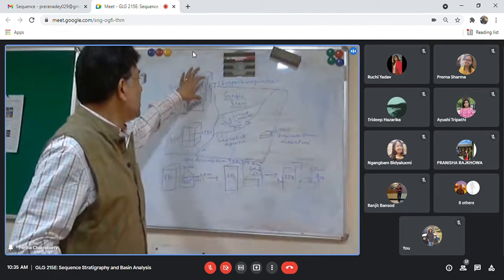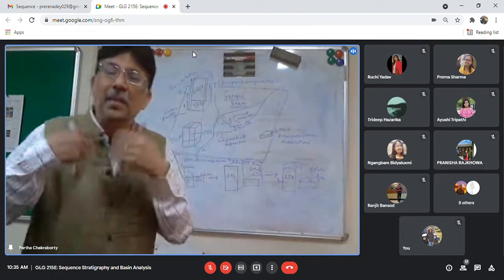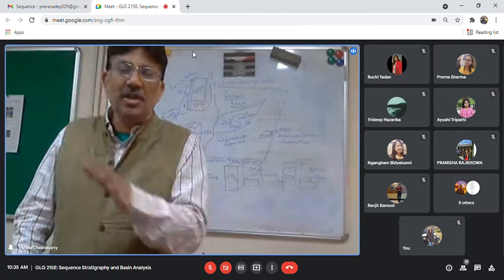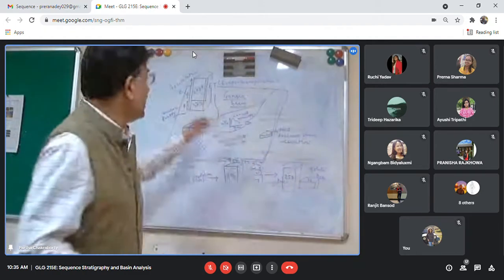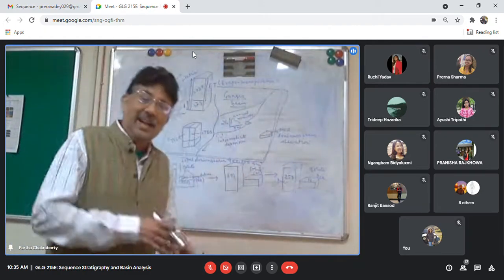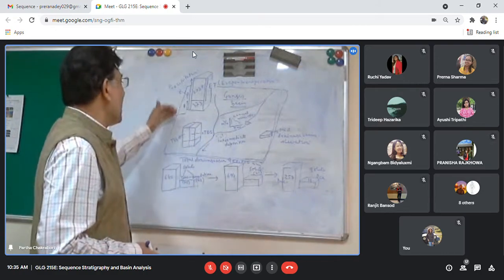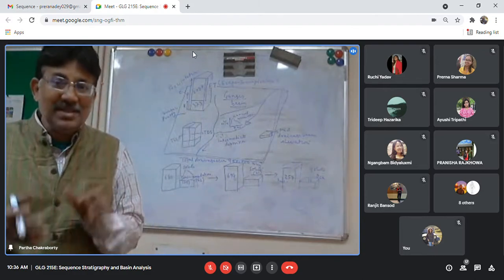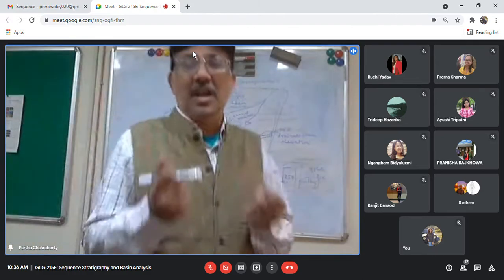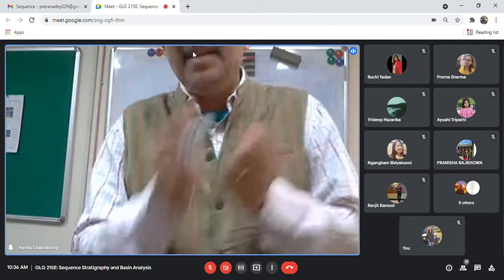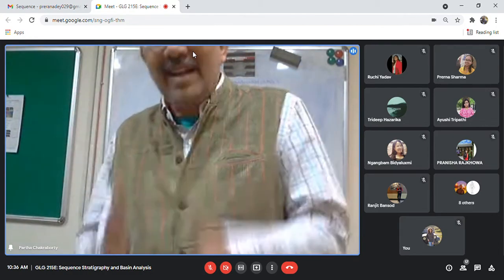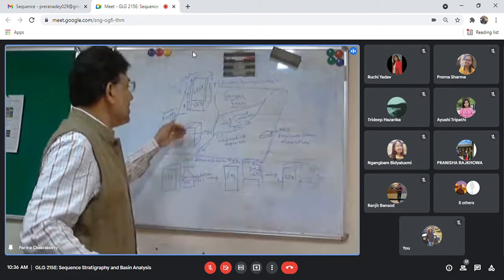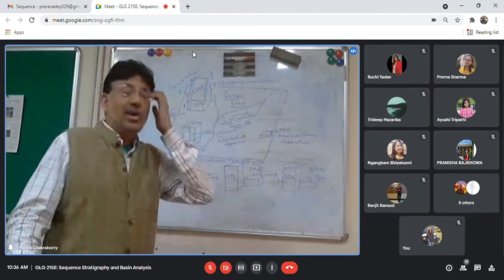Out of that, this much amount goes back by evapotranspiration. The amount which is left, which is not gone by evapotranspiration, is 373 mm. That amount is available for me as surface runoff. So the net amount I am getting for the surface runoff is the precipitation minus evapotranspiration. That amount is available for the surface runoff. Okay, and what does that surface runoff do?